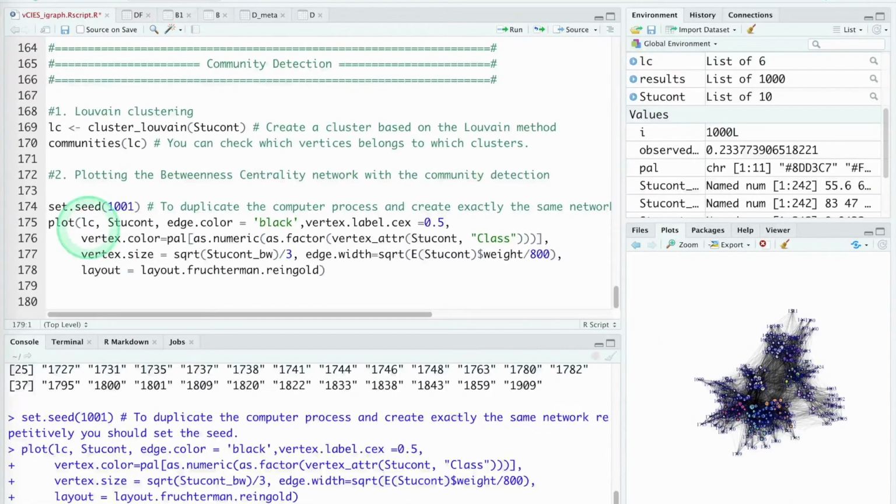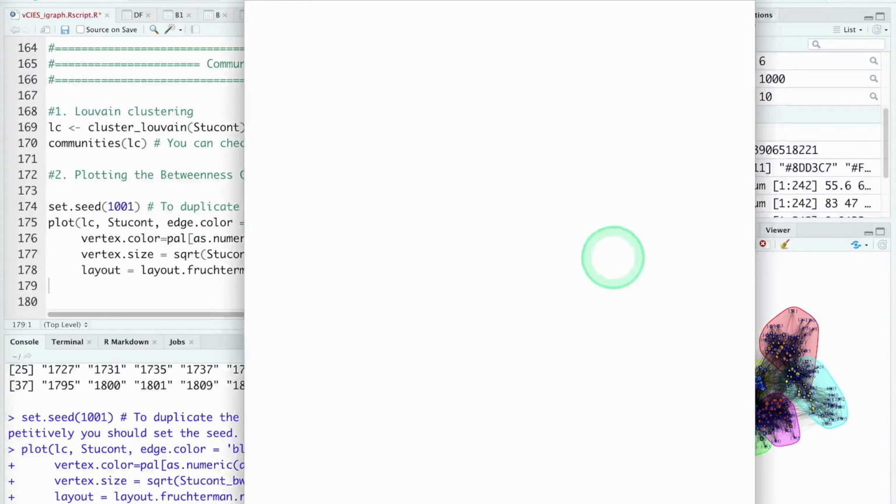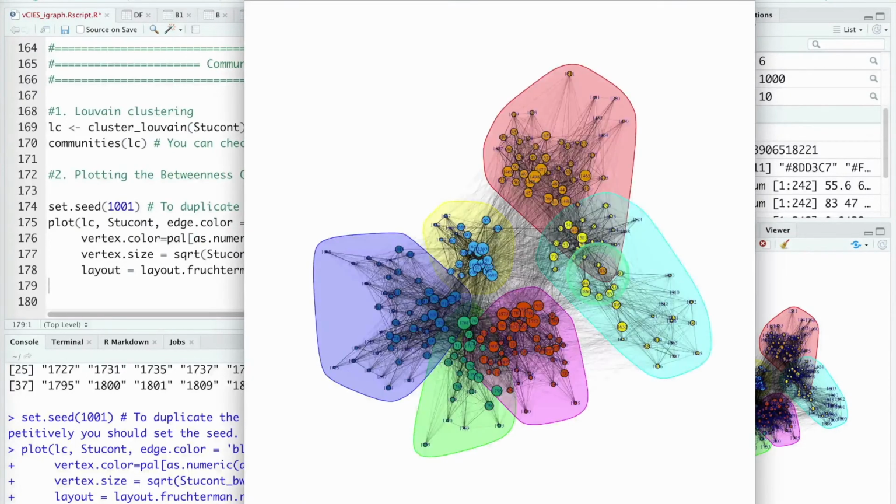Let me execute it. Then here it is. The graph shows clear groupings here and also changes the color. It assigned the same color for the same cluster. But it looks a little bit different from the previous betweenness centrality